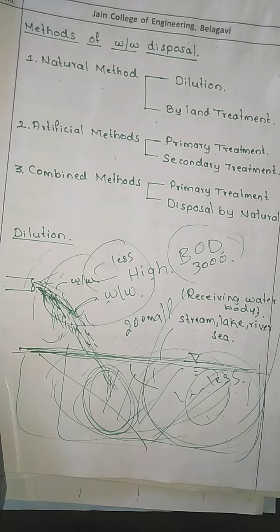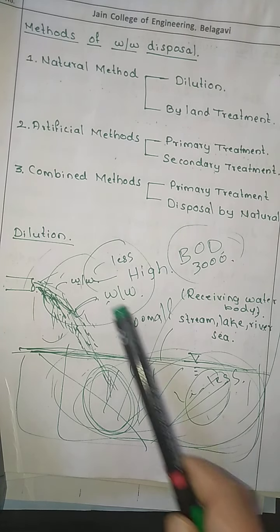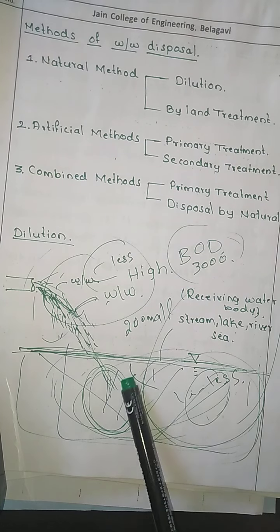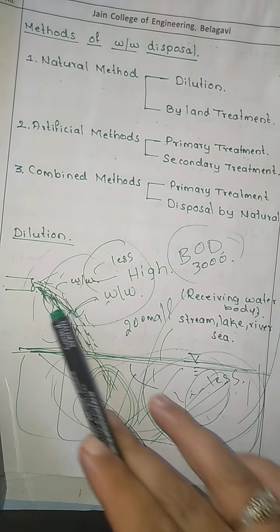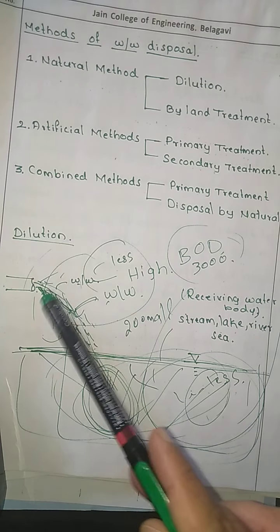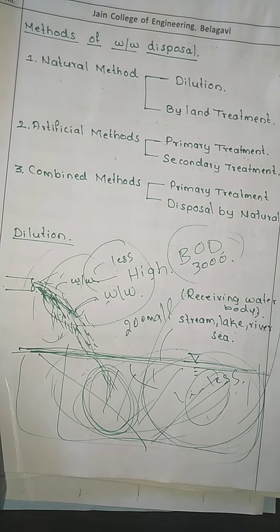Next is when we cannot give the conditions essential for before the treatment. Now, when the treatment is necessary before discharging this wastewater, when the treatment becomes necessary, that we are going to study right now. Now these were the conditions where we can directly discharge the wastewater without giving any treatment. Now we will discuss the conditions when the treatment becomes necessary, when we are going to discharge this wastewater into the receiving water body. Okay.